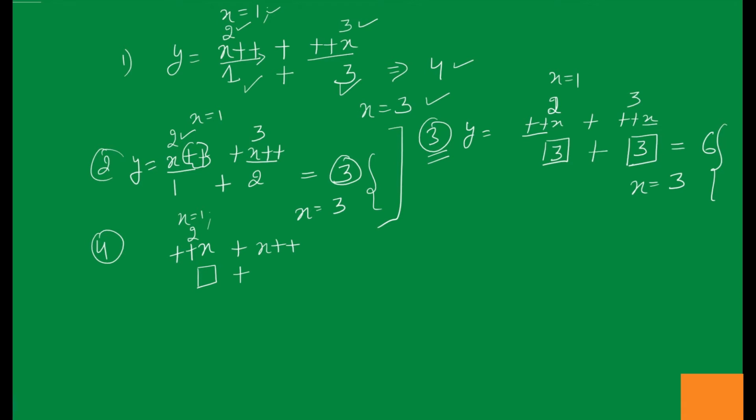So again here we have a postfix operator. So we are going to first assign the value. What is the value in x? This is 2. So we assign 2, and then we are going to increment. After incrementing it becomes 3. So the value of x will become 3. So we put the value of x as 3. Let us suppose this is y again. So the value in y will become 5, and the current value of x will be 3. So this is how it works, right?